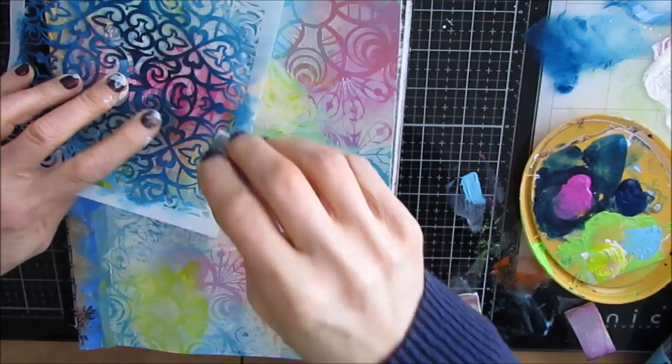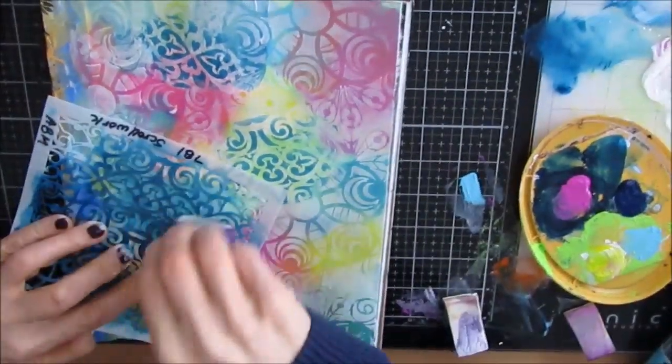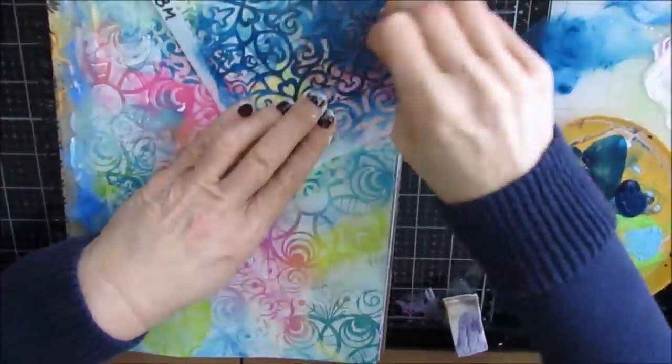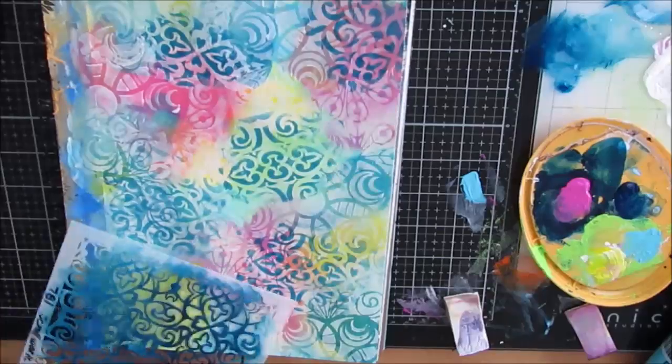So then I'm coming back in with this scroll work stencil. Both of these are from the Crafters Workshop,